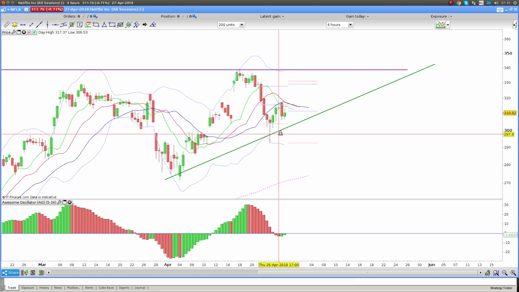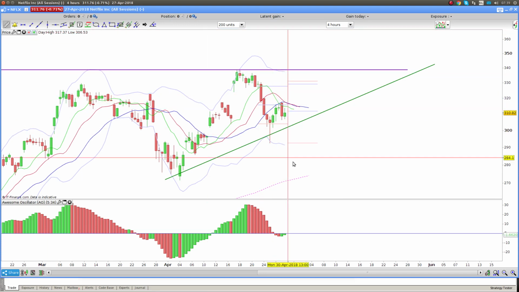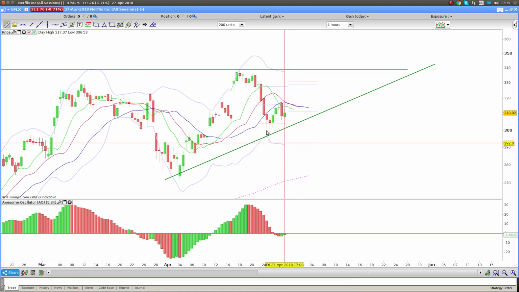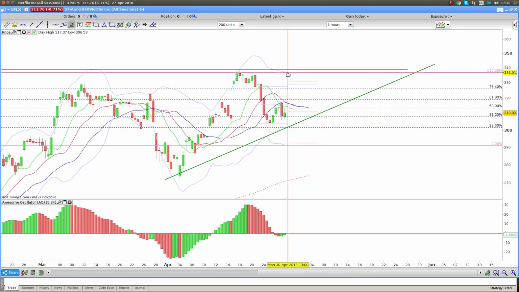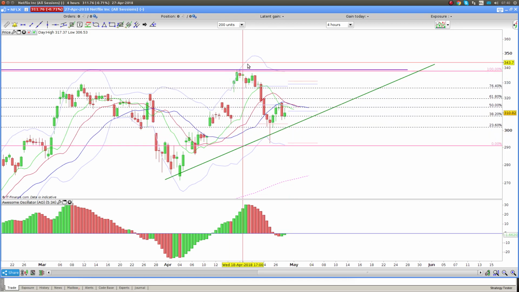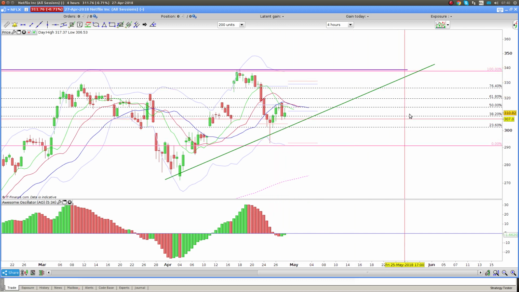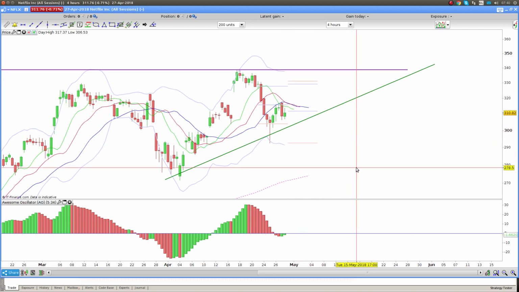I don't have it on this chart, but what I can do is do this and we will find it. Because the 20 EMA will be the exact middle of the Bollinger Band, which is 50%, so right there. So right where all this is happening is the 20 EMA. Okay.